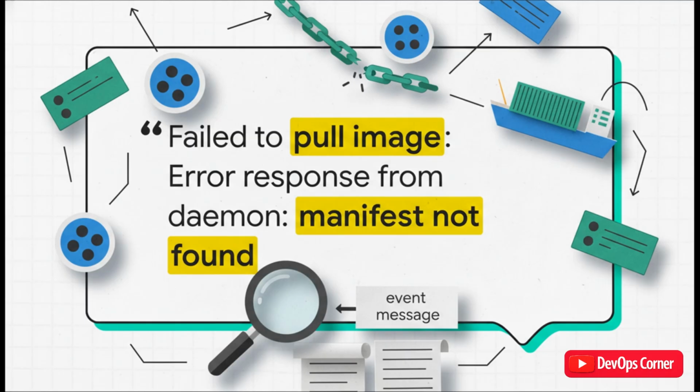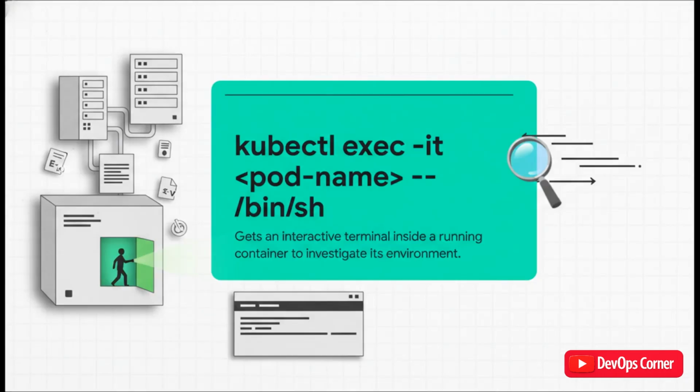But if you run describe, you'll see this beautiful, crystal clear message in the event section at the bottom. Failed to pull image. Boom. It tells you exactly what went wrong. Problem solved in seconds. And for those times when you just need to get in there and poke around yourself,